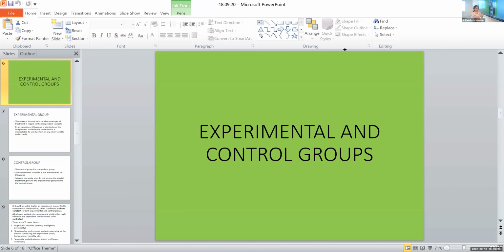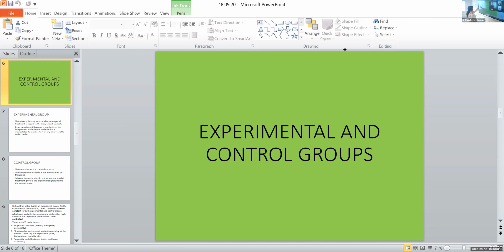I know the Dweck study is a bit complicated. We'll study experimental and control groups in terms of simple examples now. Generally, you just have to understand that experimental groups and control groups are the two main groups when we consider the conditions of the experimental method. In the experimental group, we apply the independent variable. In the control group, we don't apply the independent variable. So remember it like that: IV only occurs in the experimental group.